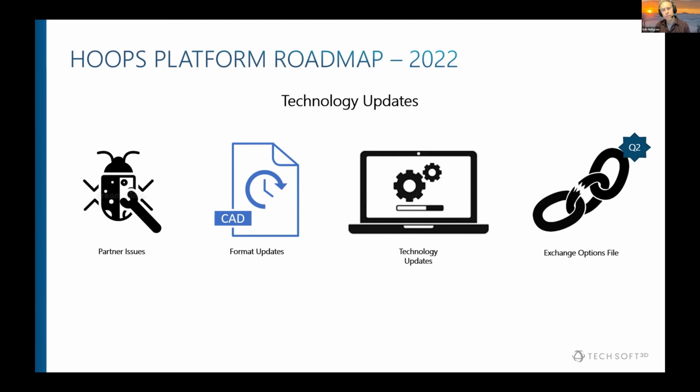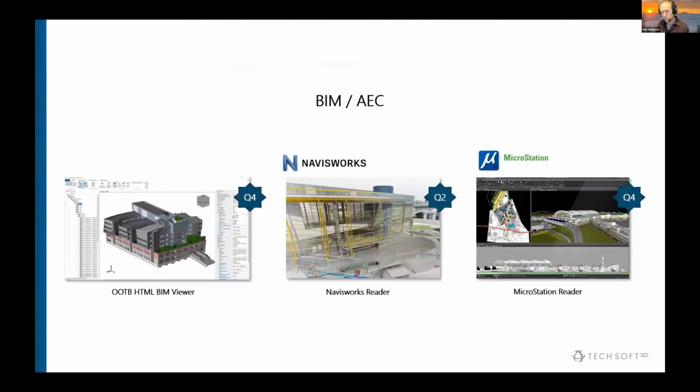Okay. If we shift again, we look at what we're looking to add on the platform across BIM and AEC. You see there's 3 different projects coming out. One of those will be an out-of-the-box BIM-based viewer. The idea is dedicated around the workflows and the needs for this BIM AEC market. We'll still have the CAD-focused viewer that's always been inside Communicator, but this one will give you an immediate BIM viewer out of the box, works the way you expect it to, like industry applications, and we want to be able to provide source code so that you can use that inside your applications. We're going to be adding Navisworks as an official reader.